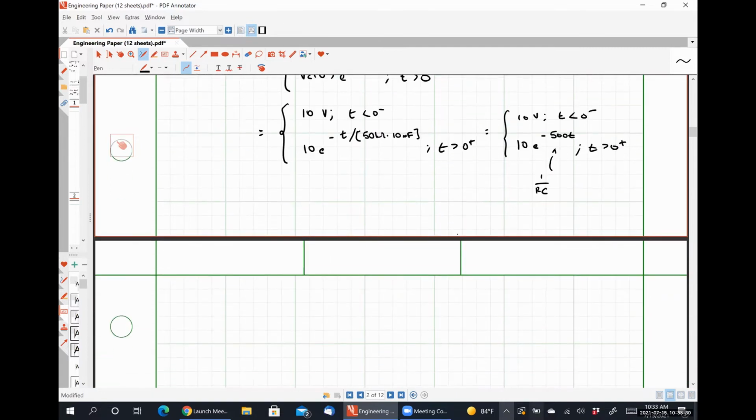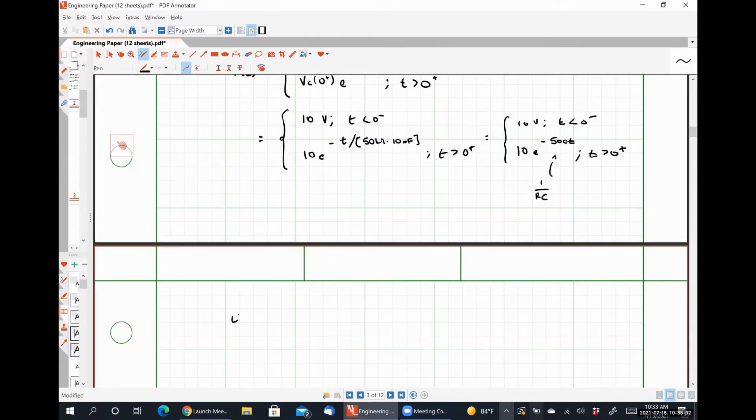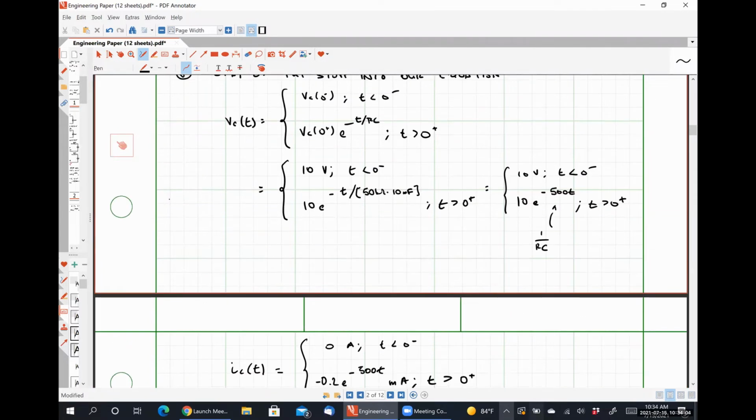I could also see then that my capacitor current, IC of t, using our same generic formula, is going to be 0 amps for t is less than 0 minus, and it will be negative 0.2 e to the minus 500t milliamps for t greater than 0 plus. So I just want to point out something here that I don't think I brought up